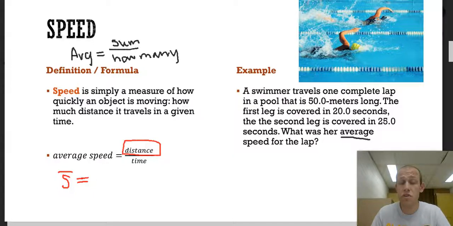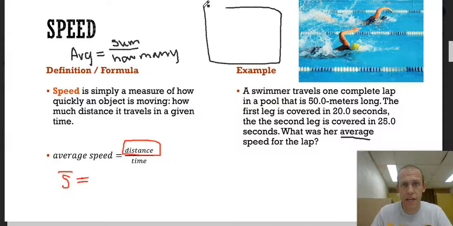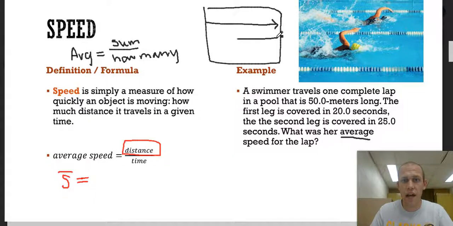So for us, we're talking about two different speeds here. We have the speed of one leg, so that's the first distance across, the first 50 meters. And then we have the second leg, the distance back. So it would be in the same lane, of course, but the arrows just show you this is the first leg and this is the second leg. So we're going to add those two speeds together and divide by how many we have, which is 2. So let's look at the first speed. So we're traveling